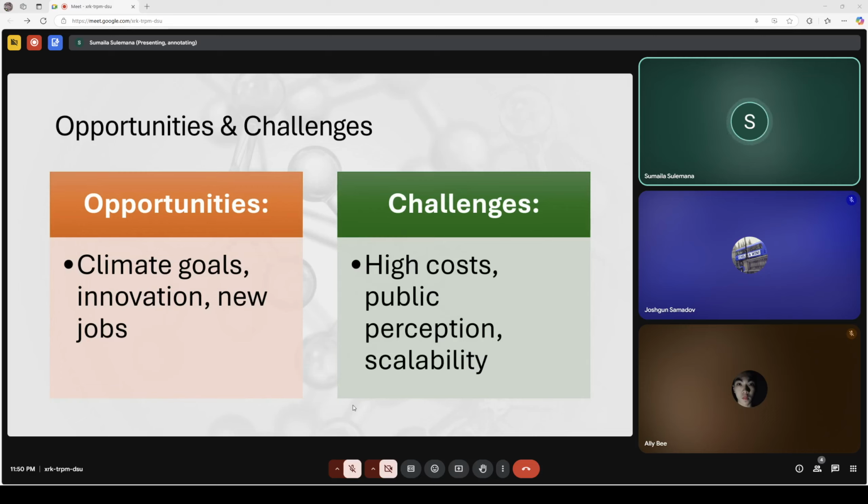opportunities I see in this industry. What are some of the challenges? Like I've mentioned, high costs, very, very high costs in some of these technologies that we've been trying to implement, and it's kind of